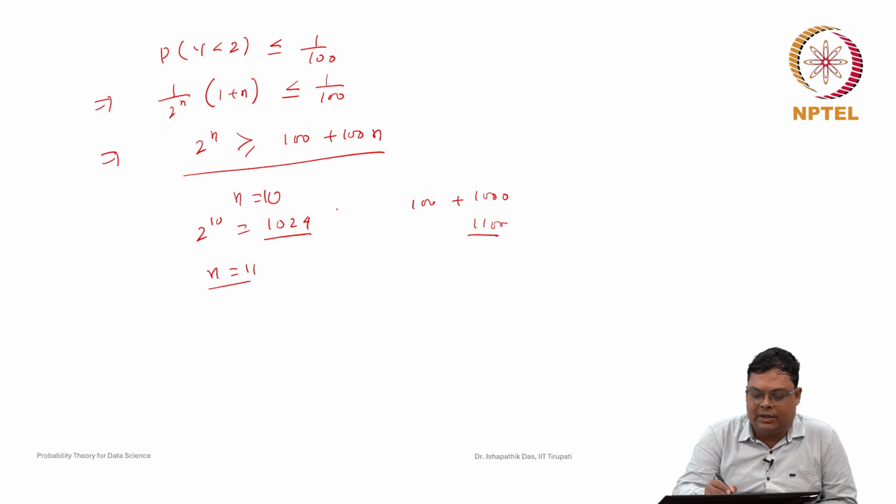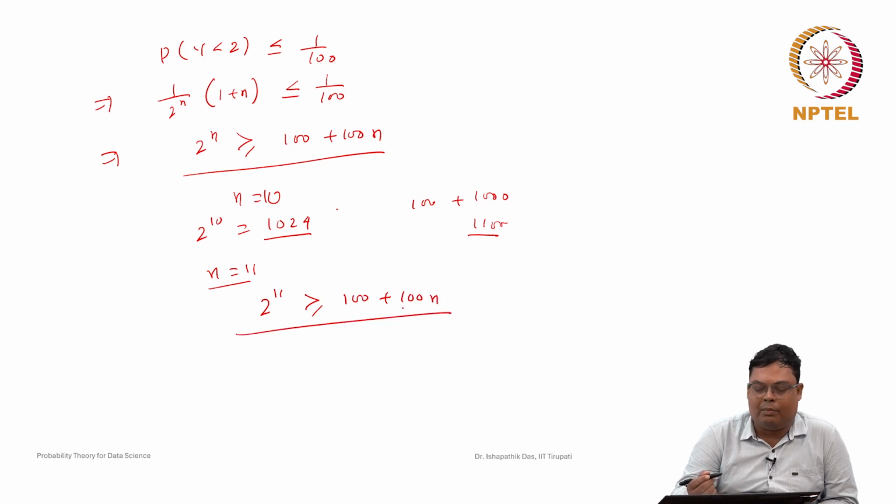So for n equal to 11, 2^11 is greater than or equal to 100 plus 100n. It is asking for the minimum number of bombs. If n is anything greater than or equal to 11, it satisfies this relation, so the minimum is n equal to 11. So in that case we will mention that at least n equal to 11 bombs should be